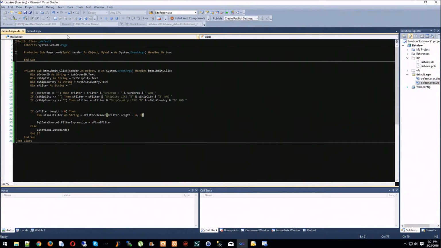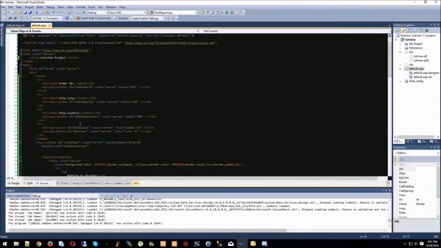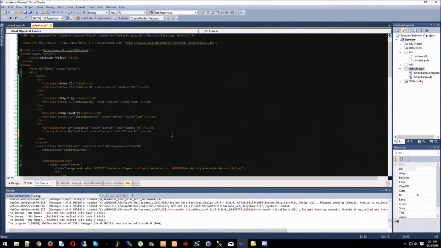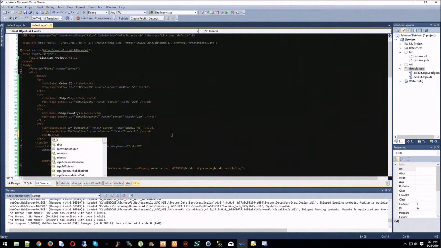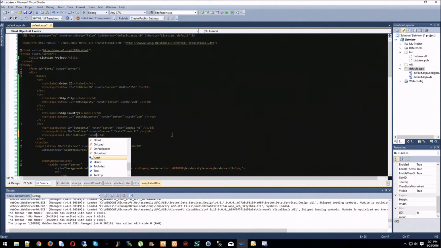We're going to go back to our code and hit stop on the debug, and then right next to the actual clear button, we're going to create one more TD, and we're going to do an ASP label. Sounds like fun. We're going to make this ID equal lblCount, runat server,